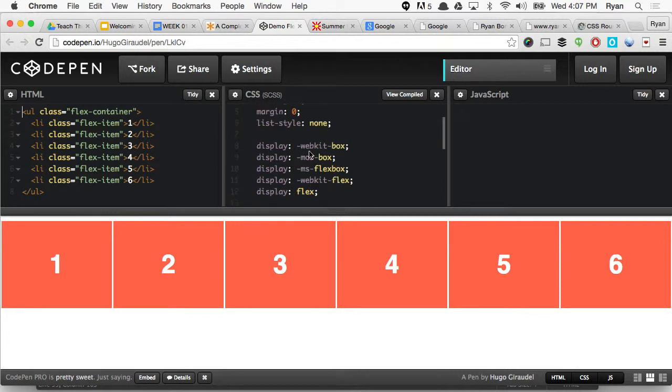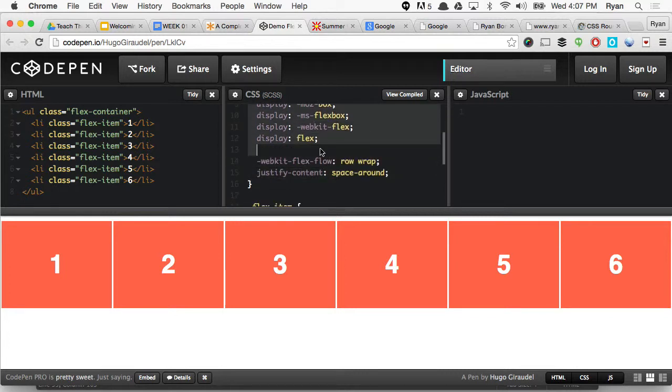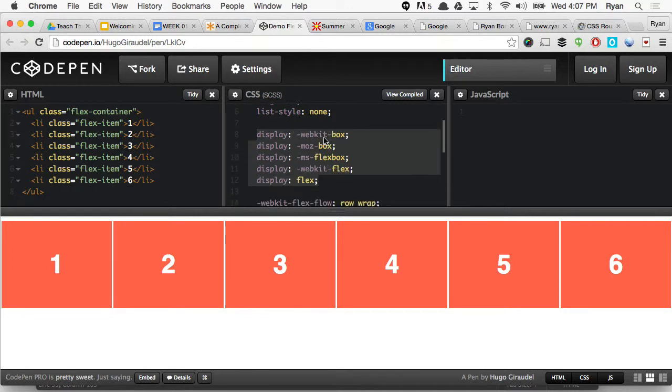And then this is just display flex with all the different presets to make it work on older browsers. That's what these lines are. WebKit box, Mozbox, those are vendor prefixes. If you Google vendor prefixes, you can